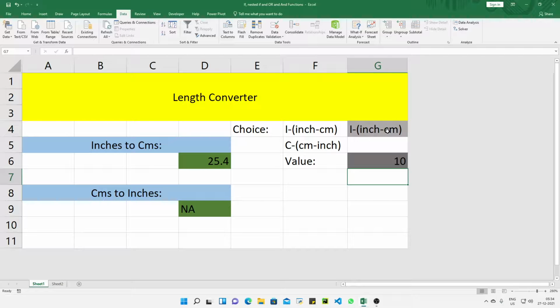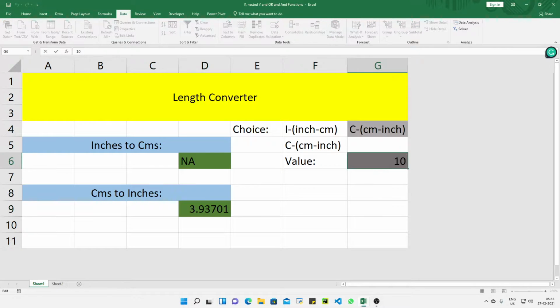And one more thing that you can see here, as you change this from centimeters to inches, so now this value is 10 centimeters and the answer would be from centimeters to inches. This converter has converted and given a value of 3.93, and it automatically changes the other cell, which was from inches to centimeter, to NA. That is, this statement becomes false here, and it converts into NA.